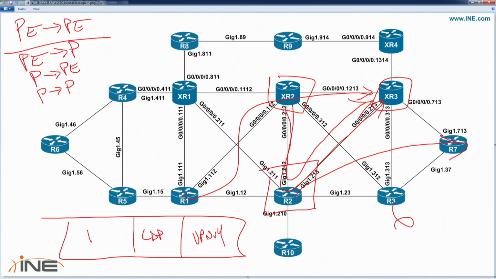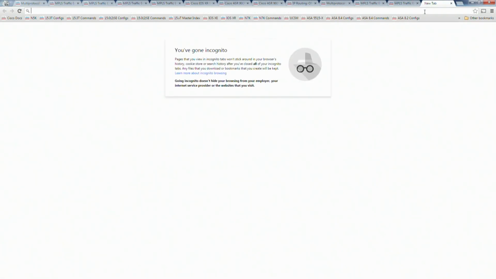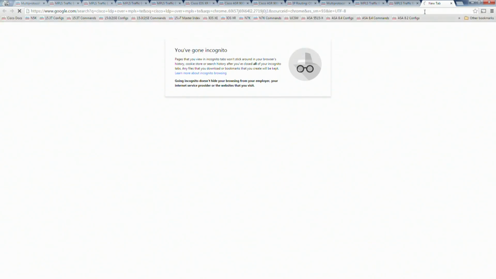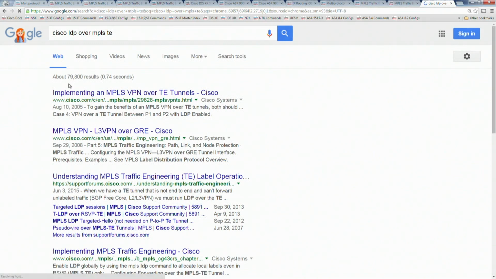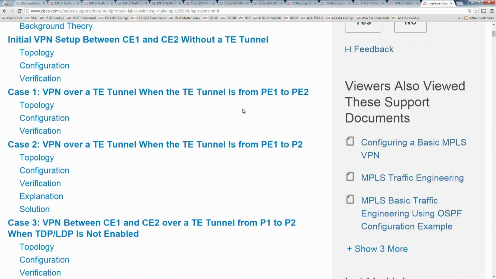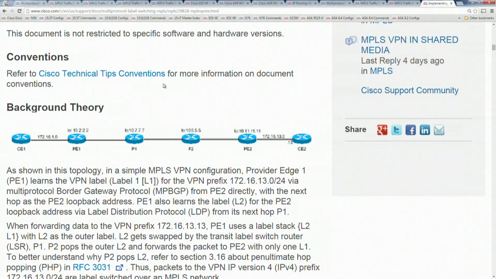Now, where this is documented, I believe there is a tech tip that talks about this specific problem. Let me just search for this because I'm not exactly sure what the document is called. It would be Cisco LDP over MPLS TE. I believe it is this one, implementing MPLS VPNs over TE tunnels. But this is not part of the documentation set. This is part of the tech tips,